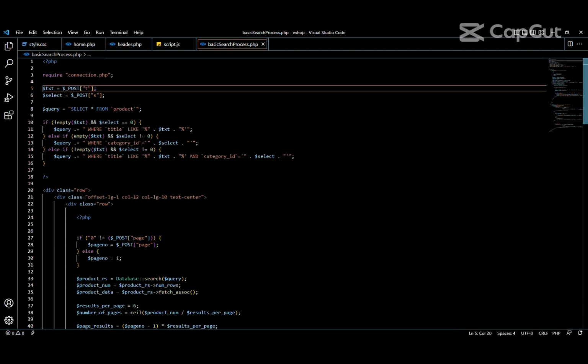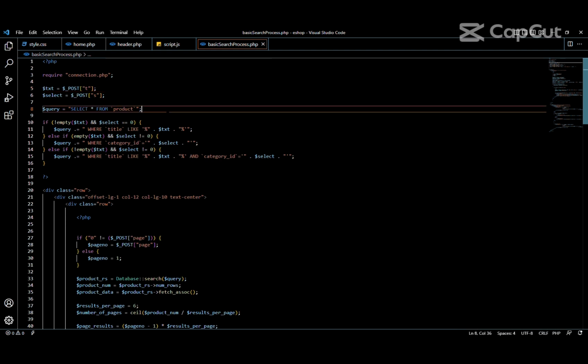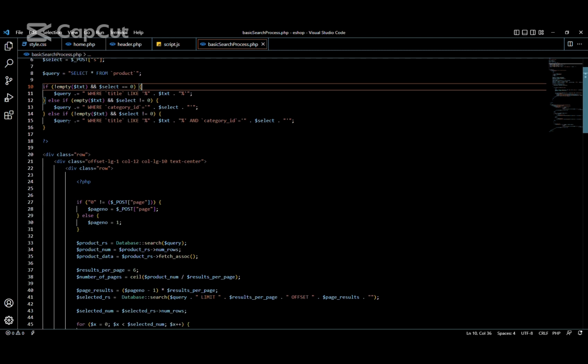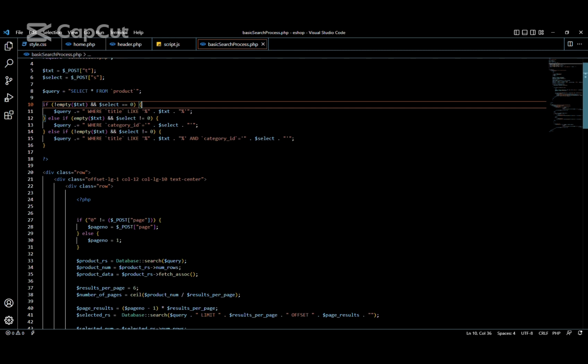When we go here, we have asked for a connection and we have linked our variables to the values which we get from our ID, and we have introduced a query here to select all from product, and a small validation part. If the text is empty and the select value is 0, the query is concatenated where the title is like the text. If there is no text and there is a selected category, the query is concatenated where the category ID is the selected category. Else if the text is not empty and the selected category is not empty, we concatenate the query where title is like text and category ID